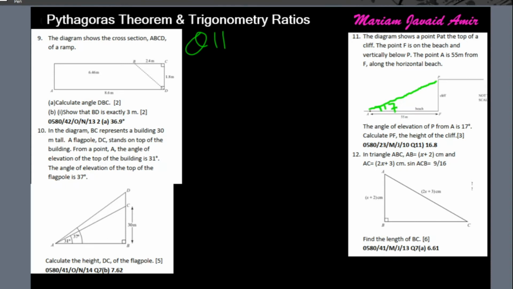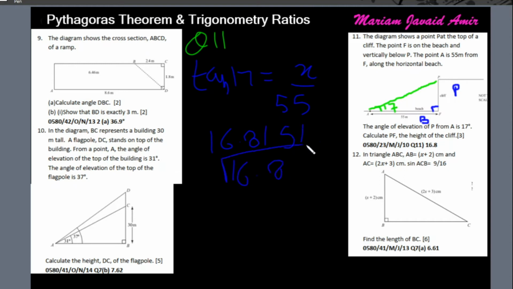Alright, so we need to calculate PF. So we have the angle. Since this side will be the perpendicular, this is the right angle, so this side will be base, we'll be using tan theta. So tan 17 equals x over 55, perpendicular over base. So find 55 times tan 17 in the calculator, which gives 16.8151. So 16.8 is the answer for question 11. Next up is question 12,